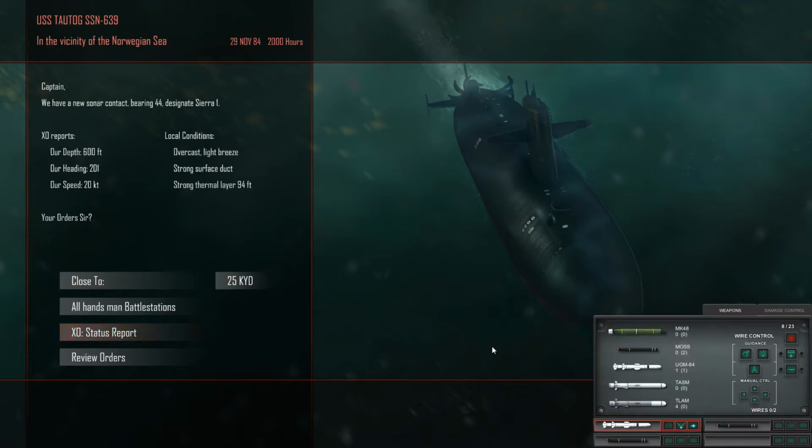Status, XO. Oh, you're right. Yeah, we've bumped into something. We... that's right, we totally ran out of torpedoes, didn't we? We... oh, shit, yeah, we're in big trouble. We have 2 UGM missiles, and we have some T-LAMs. That is it. That is our entire weapons stock. So what we're going to do is...